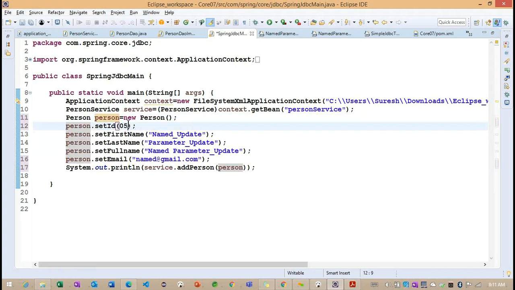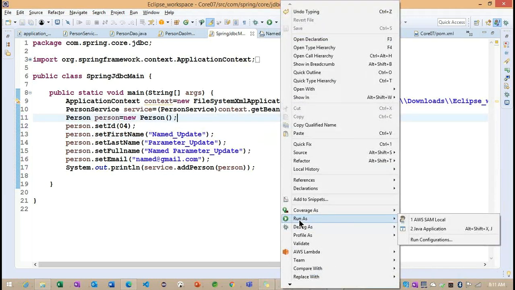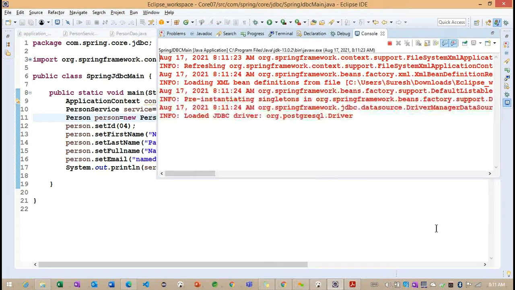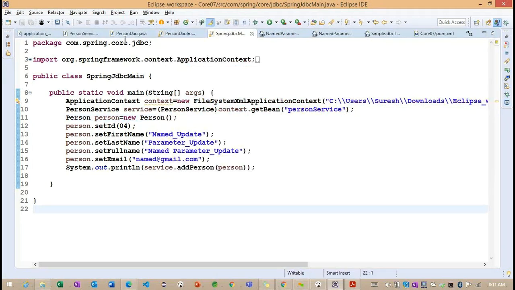Enable this section. Again, with the help of this form, I want to insert one record here. Okay, so we'll insert the same record. Because the record is not available, with the help of this AutoWire I'm now inserting the record here. Now you can see without any exceptions, the record is inserted successfully.